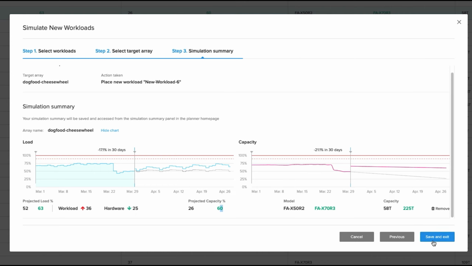So this is just some of the power of Meta. This is allowing you to plan for the future. This is very, very powerful stuff. Hopefully you enjoyed this short demo. Okay. The workload planner, it is like magic. I can't even believe how cool that is. I wish when I was a storage administrator back in the day that tool existed. That would have blown my mind. It blows my mind right now. So I hope you guys really enjoyed that. There's a lot more goodness to the workload planner that we'll cover in future episodes.